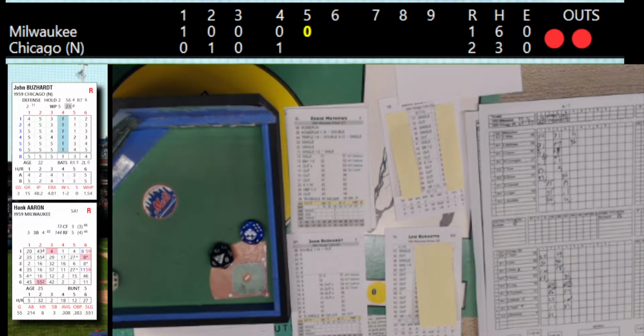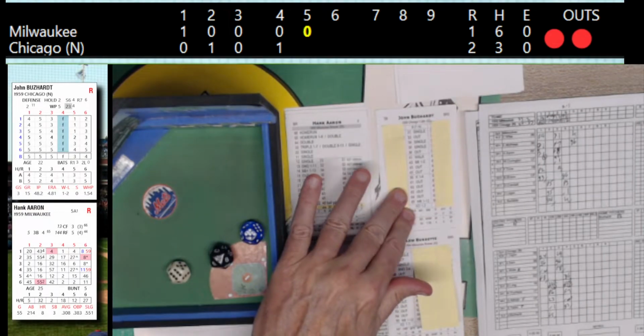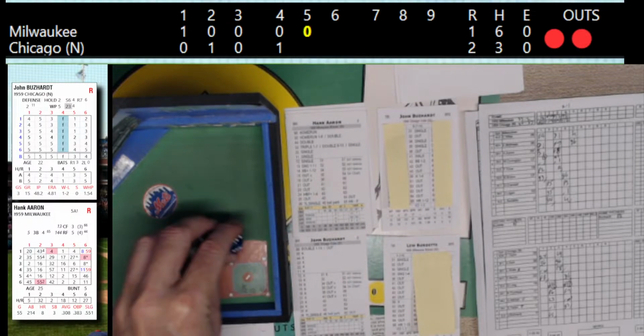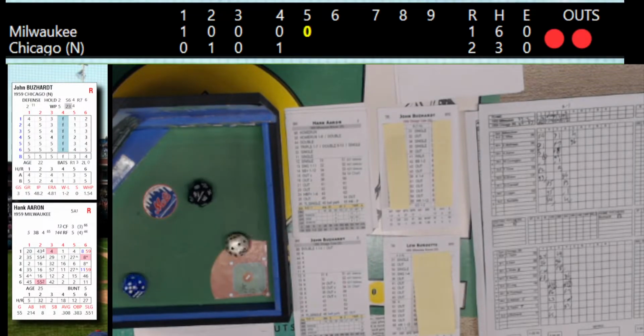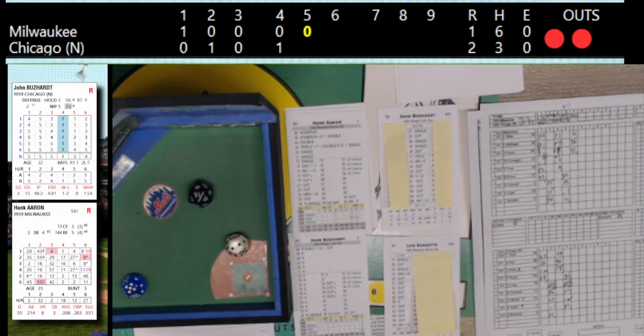An outstanding play by the Cubs shortstop on a ball that was hit in the hole. And here's Hank Aaron with 2 out and nobody on. Buzz Hart. Pitch, and that's going to be a 52. That's going to be an error check on the third baseman, Dark. We'll make that play to end the inning. 3 up and 3 down. We go to the bottom of the 5th.